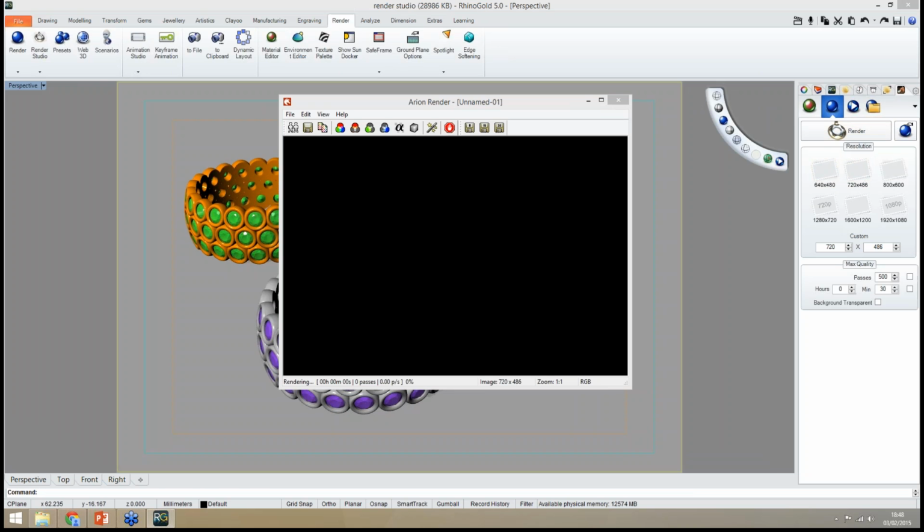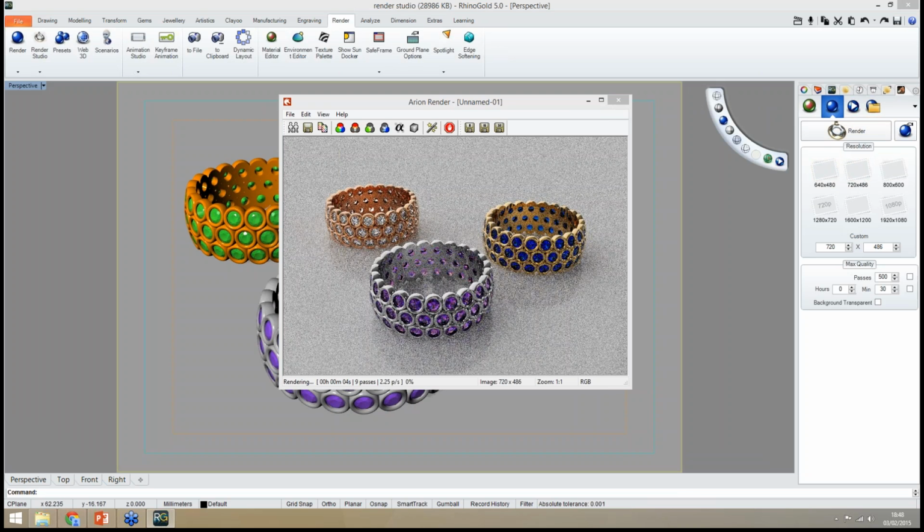And Arion, if we don't define anything, it will render forever. So the render will be constantly improving. Of course, we can define the number of passes in here, a limit. As you can see, several gems, usually I would say minimum 1,000 passes, but we can also use time to stop render. If not, we can any moment stop render in here.